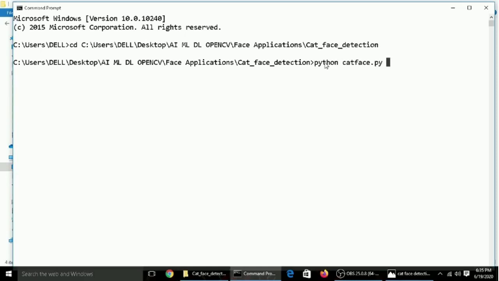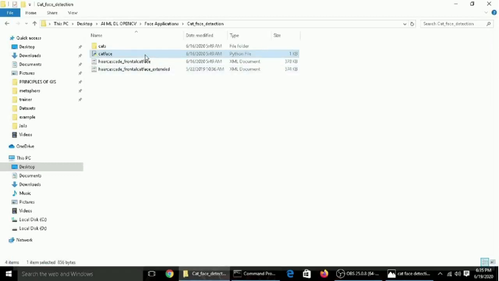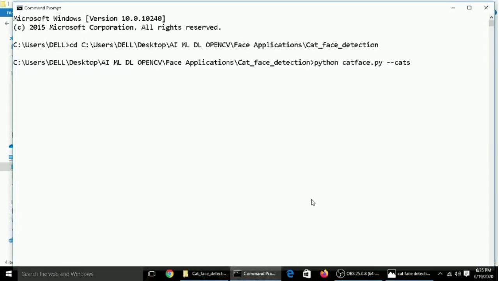Now in the program you might remember that we had initialized the argument for the image, right? So we will use that argument, cats. I have saved the images inside the cats folder, so I'll have to pass this folder also in the command prompt for execution. So I use cats and then the image name with the extension.